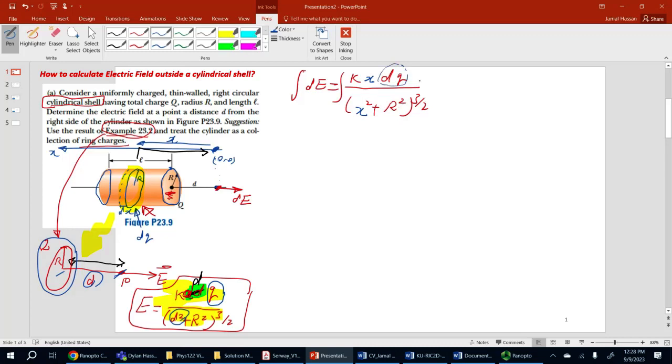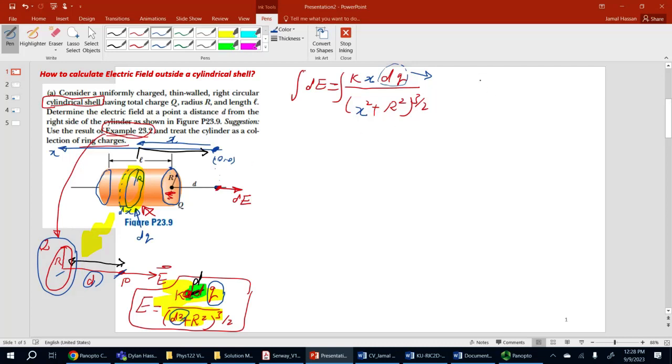Okay, in order to proceed, we need to do something for this dq. We're going to use the idea of density. So let me write the density of the whole cylinder. And as it's shown here, the charge is